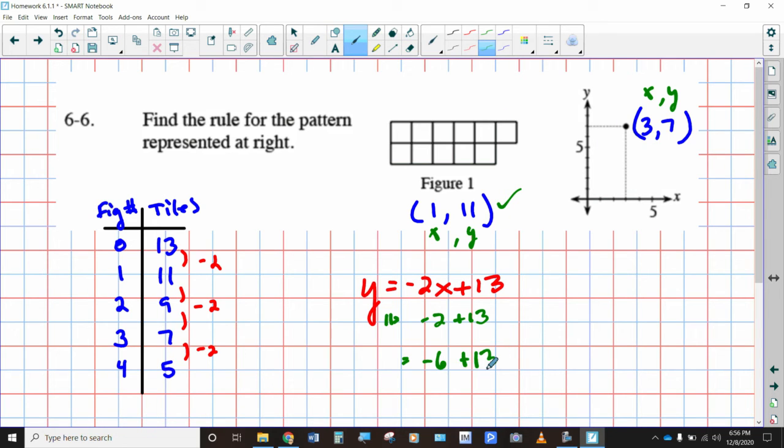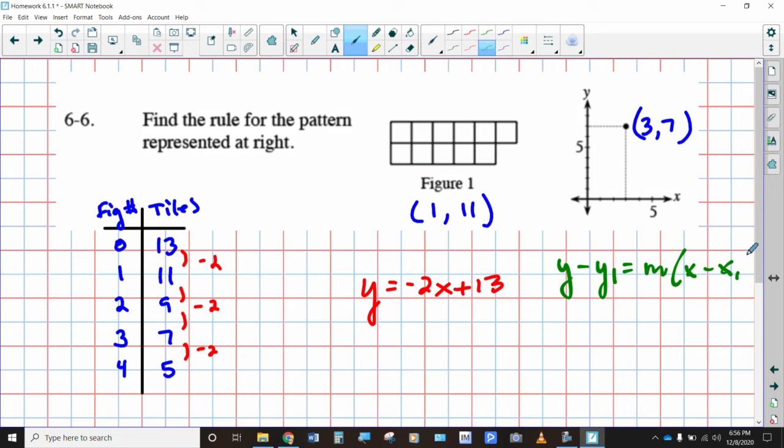So plus 13, which would equal 7, and yes, that's how it's supposed to work. Okay, so setting up a table. Now there is a formula that we could use, and would you like to see what that formula looks like? y minus y1 is equal to m times x minus x1. But you'd still have to figure out the slope ratio, and then you'd still take one of those points, and